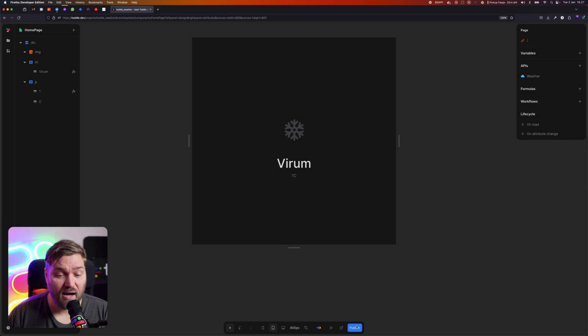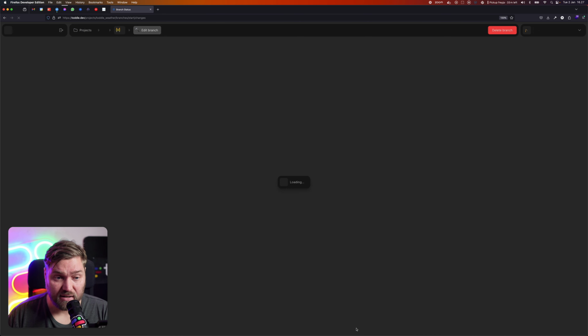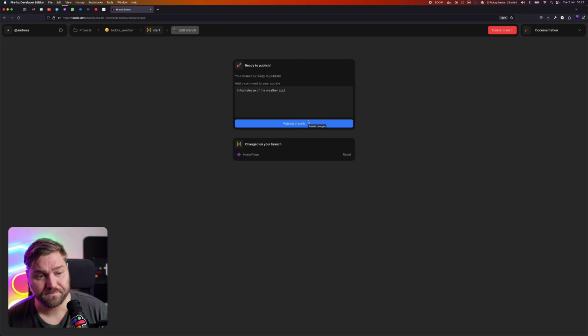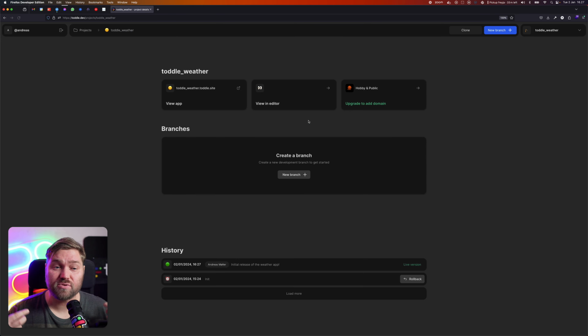And finally, I can say, I would like to publish this application by clicking this publish button. And then I get to write a little message for myself later. Initial release of the weather app. I click publish branch. And what Toddle is going to do is take all those changes on the branch and put them on the main branch, which we call it, which is the one that's live. So that's the one we will find here,